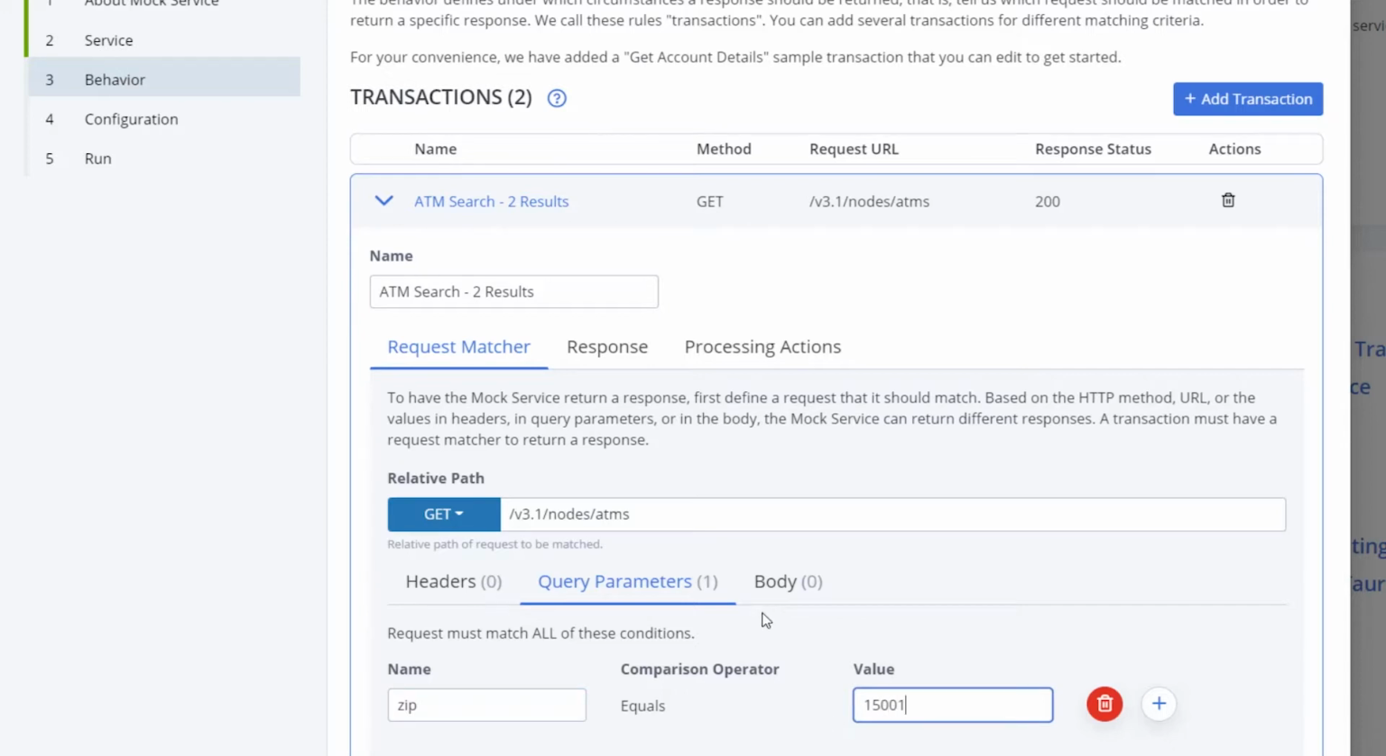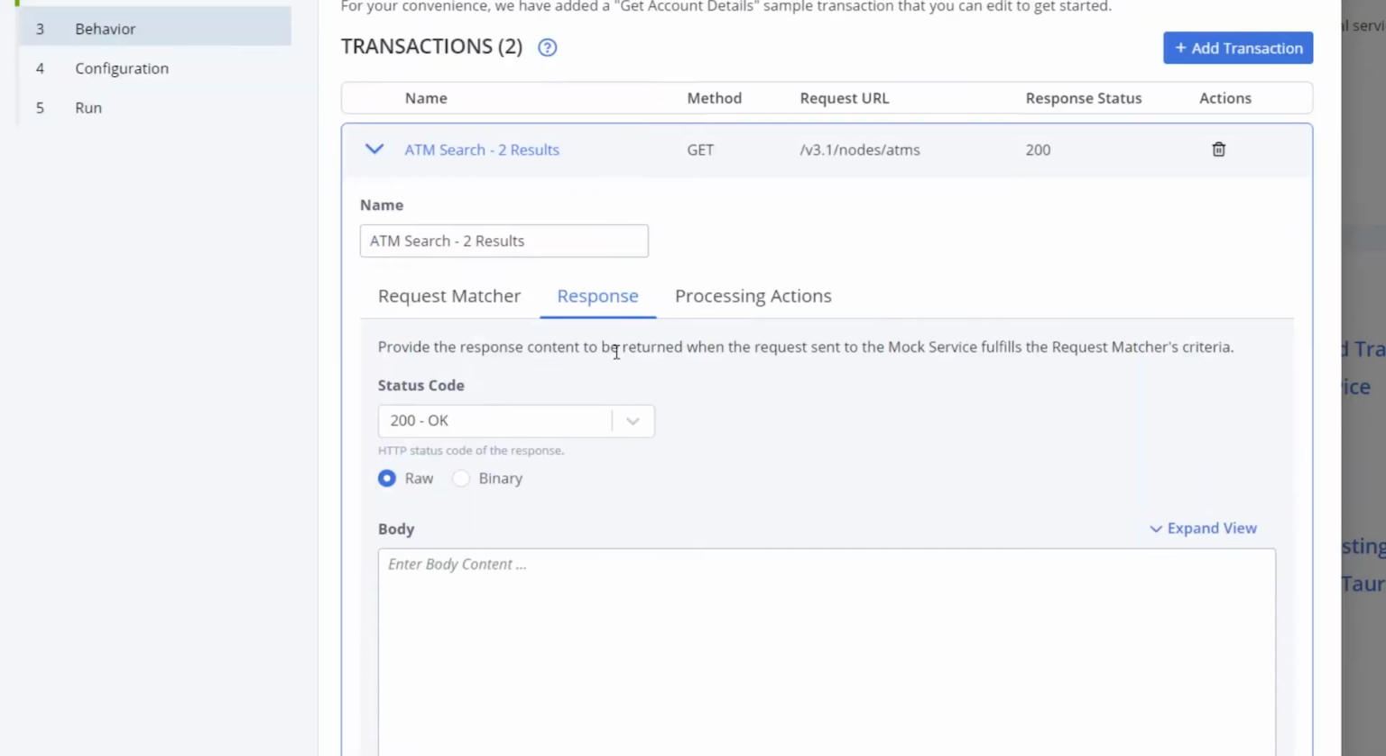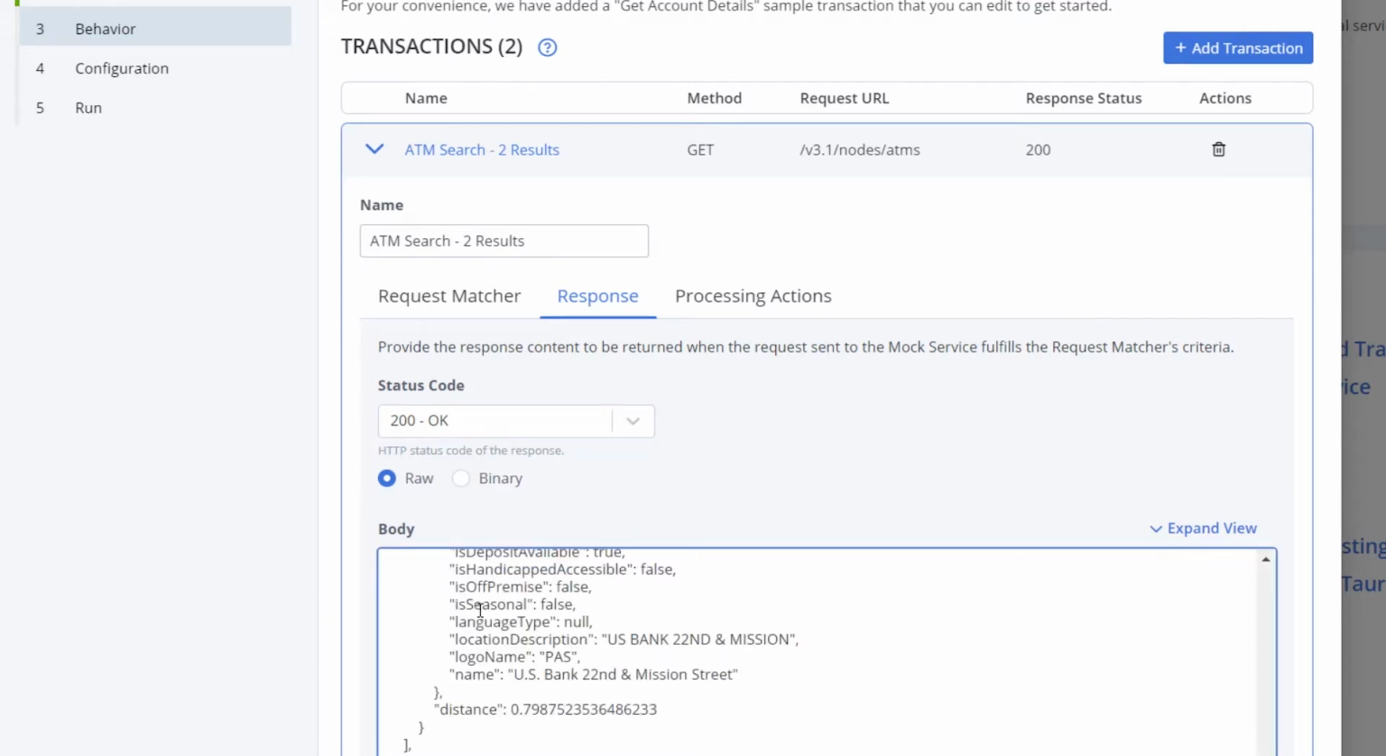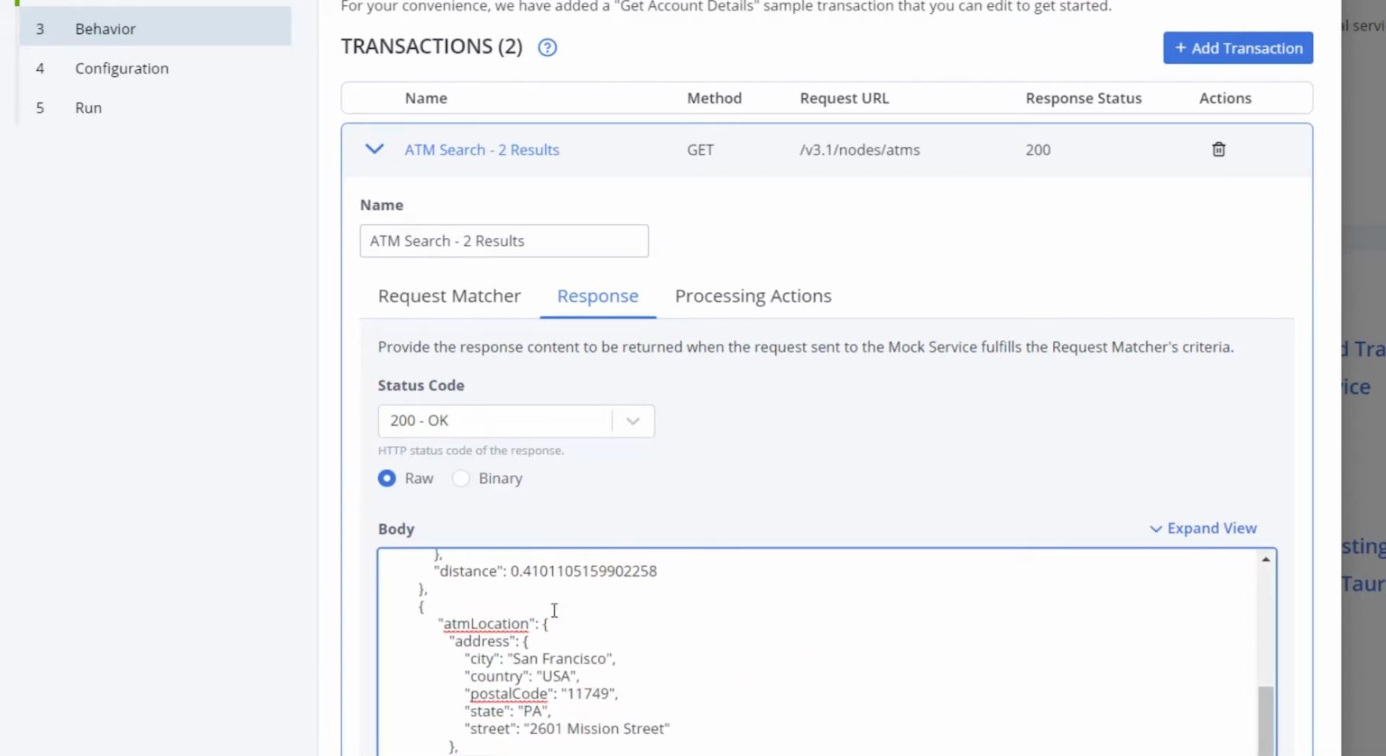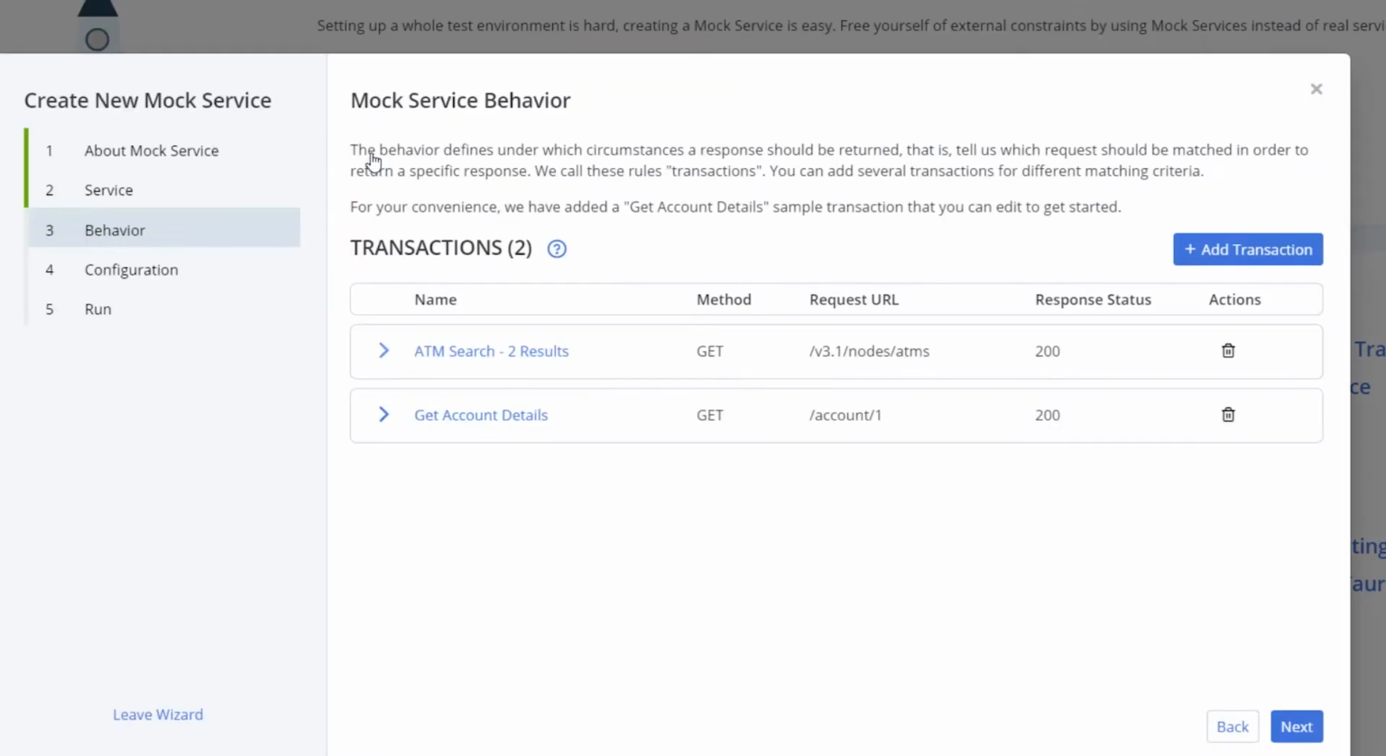So when we see this request, we then need to set the corresponding response. So you can see here we can set the status code and also the body. So this is the body we're going to enter. And at the moment things are hard coded, but we'll change that just shortly. So there's our first transaction. Now if we delete the sample one, which is this one here,